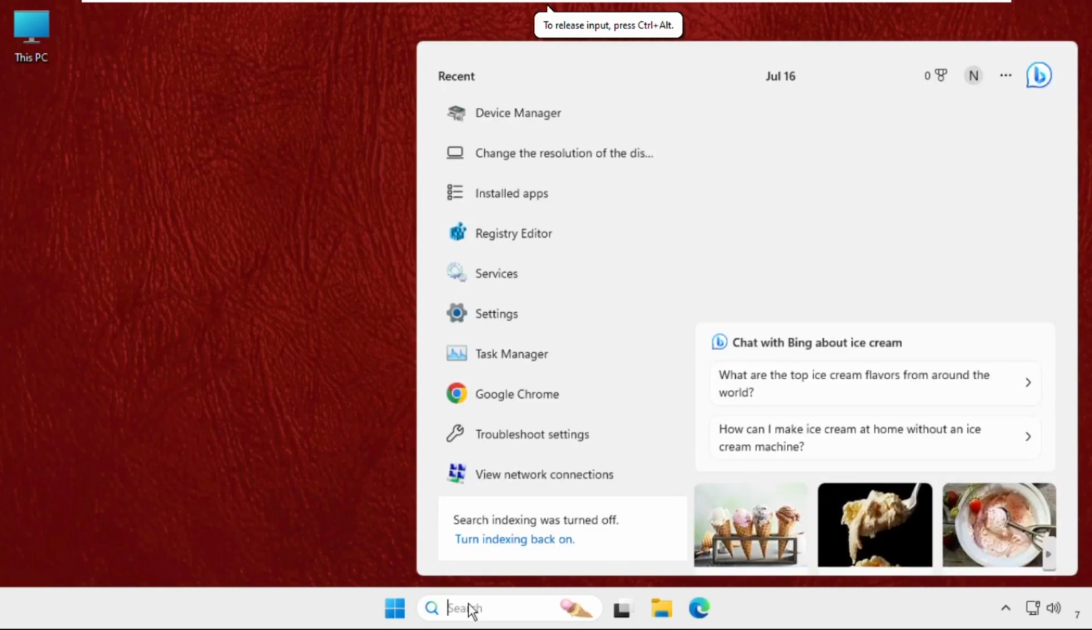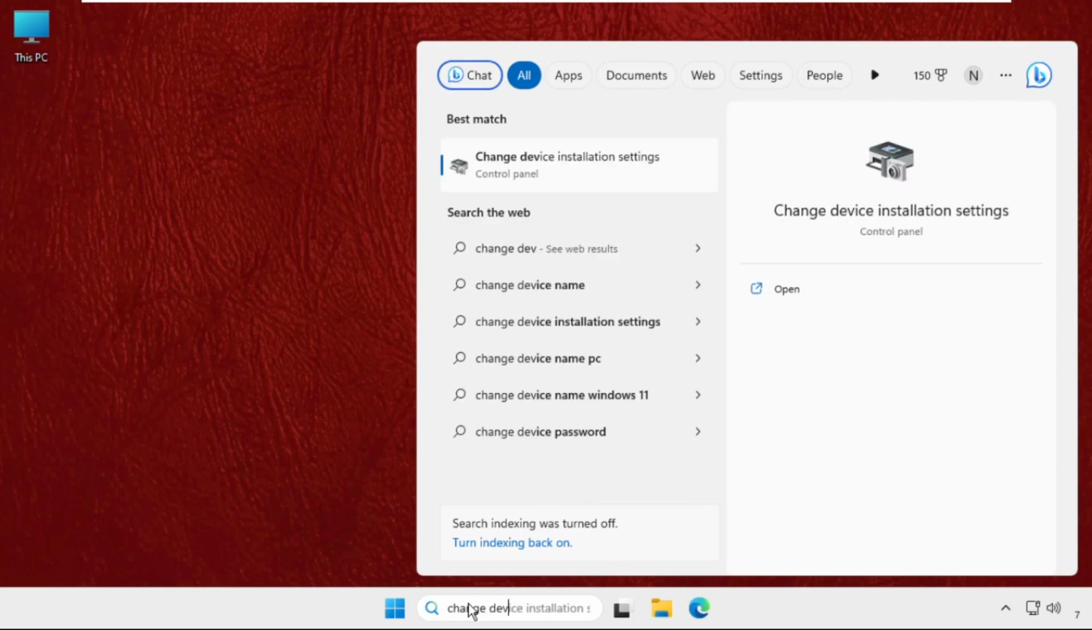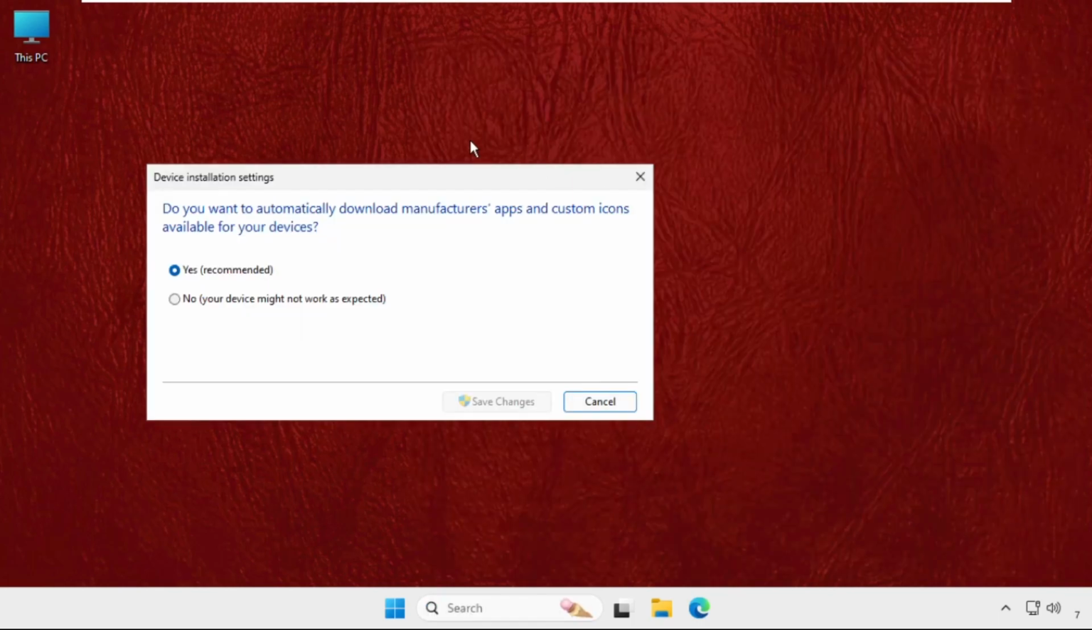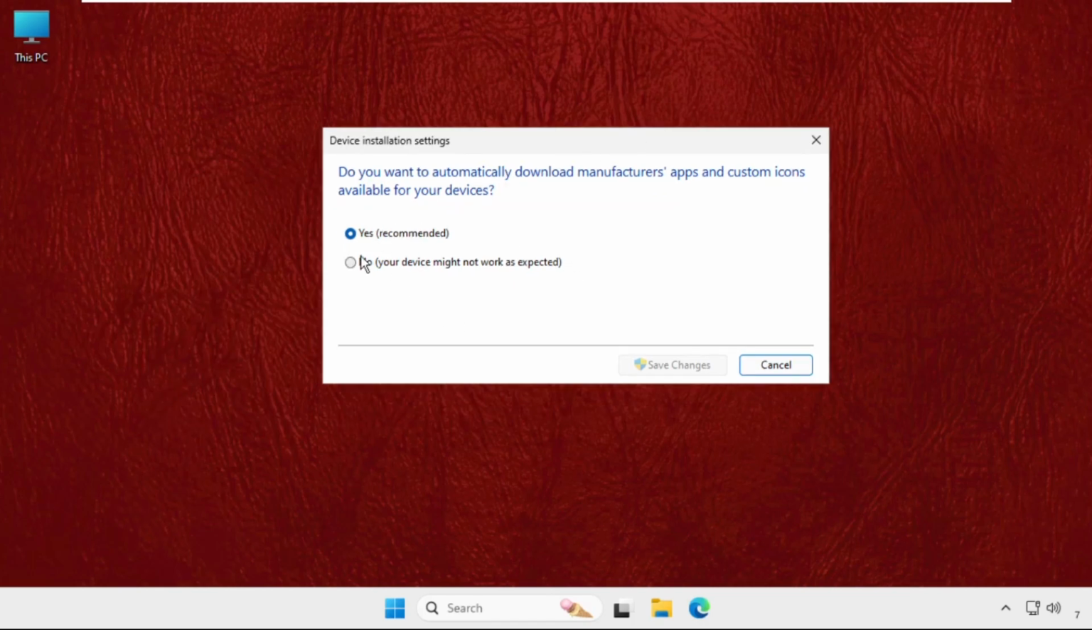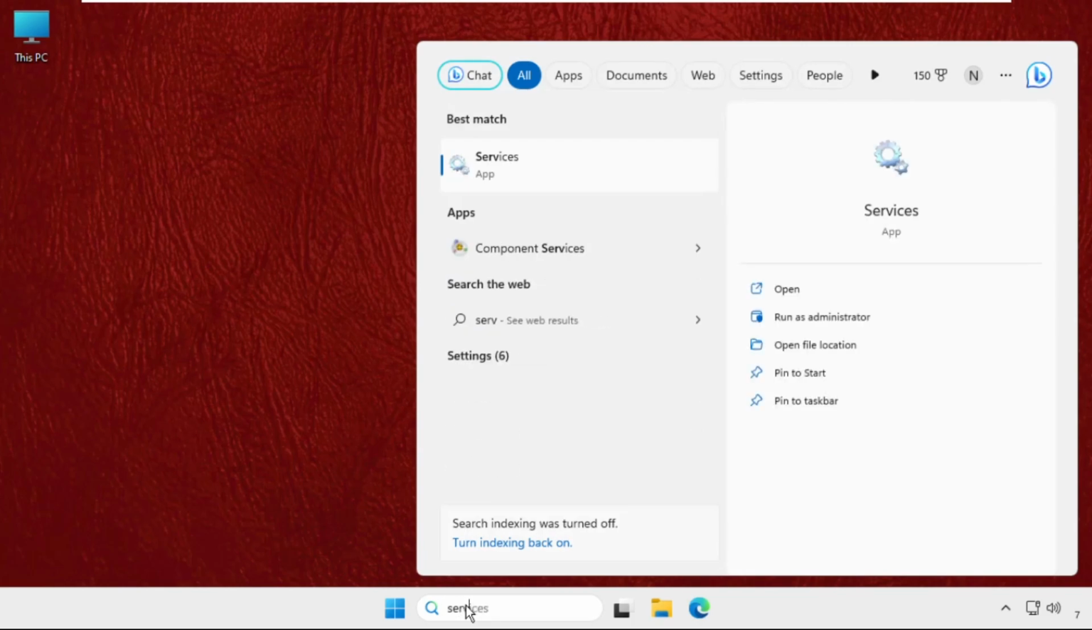Now go to the search bar and simply type here change device installation settings. Click on it and make sure on this window it will ask, do you want to automatically download manufacturers apps and custom icons available on your devices. So we need to select yes, and this is recommended also. Then click on save changes and select cancel, and for now go to the services tab,